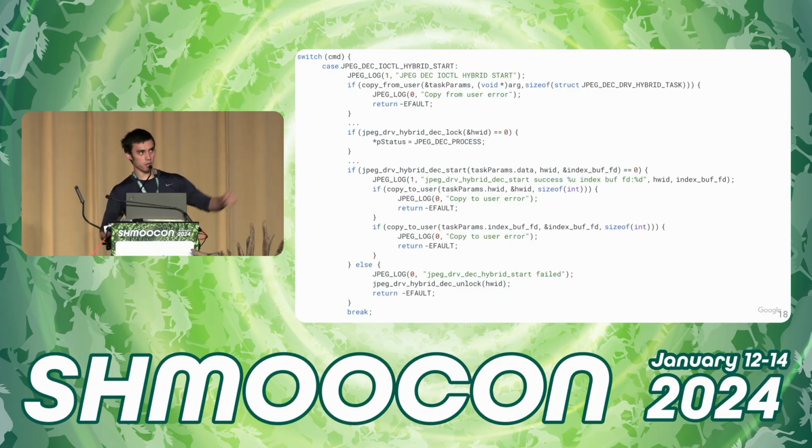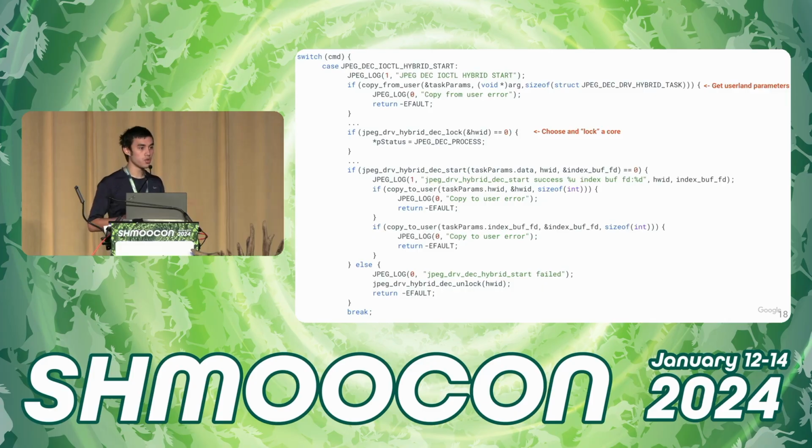So let's take a deeper look into these ioctls, or at least 2 of them. Here is JPEG_DEC_IOCTL_HYBRID_START. If this looks like a lot of code, that's okay. You don't have to understand all of it. There's just a couple of things I want to note. First is that you can see here that it gets userland parameters. That is where untrusted input enters into the system. We also see this code here, hybrid_dec_lock, which is choosing and locking a core.